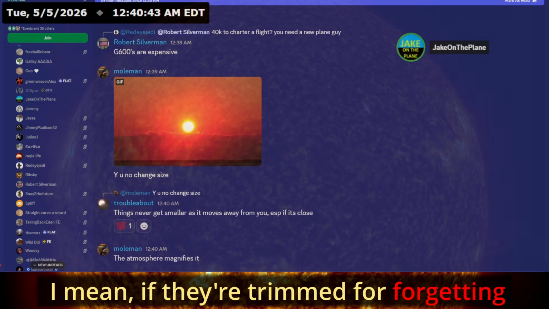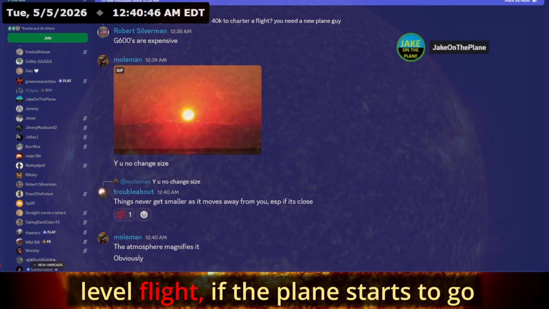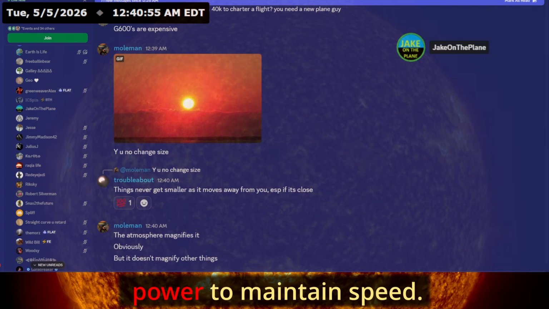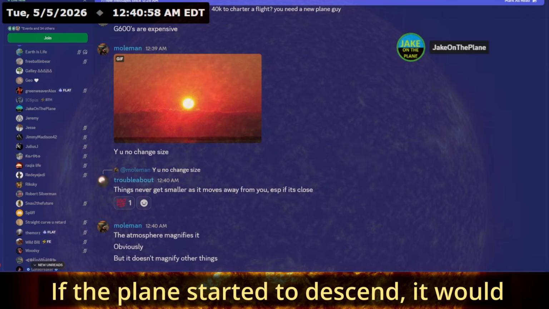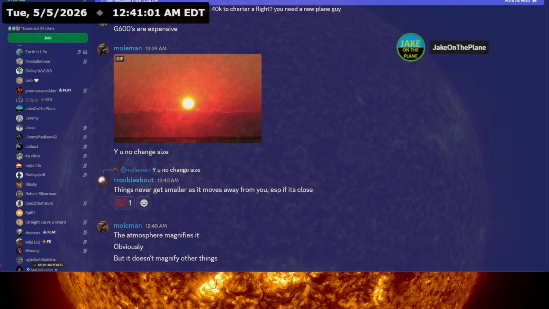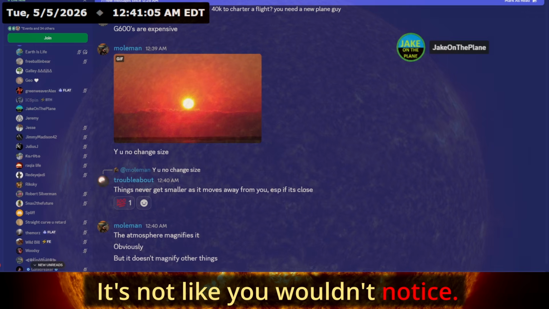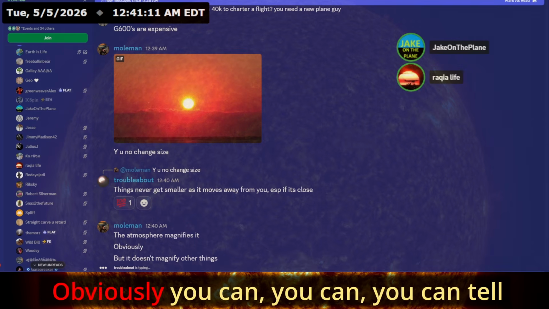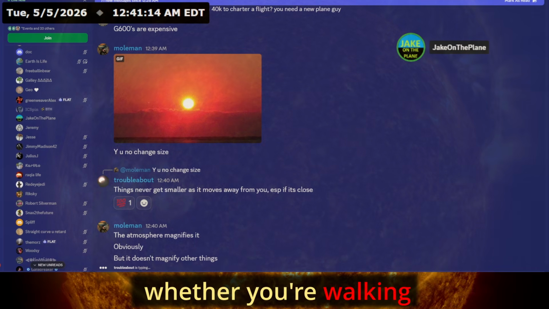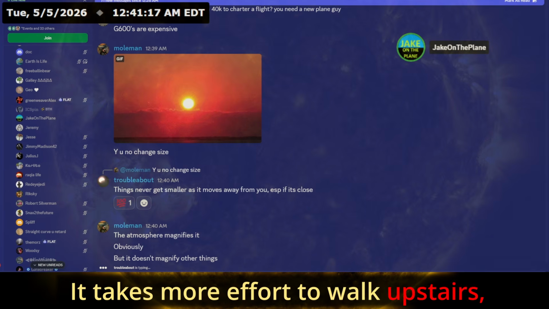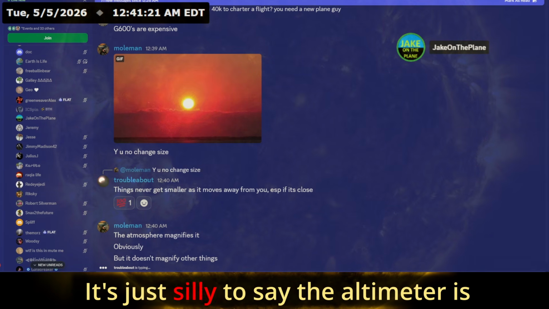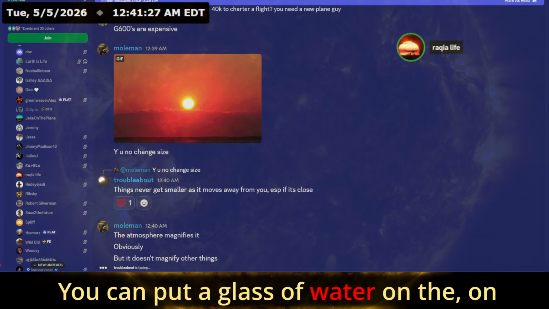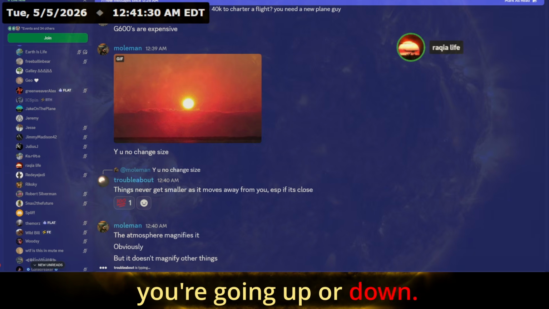I mean, forgetting about the altimeter, if they were trimmed for level flight and the plane starts to go out of trim and starts climbing, then the plane would start slowing down. You'd have to add power to maintain speed. If the plane started to descend, it would start accelerating, increasing in speed, and you'd have to pull back power. It's not like you wouldn't notice, even on board, whether you're ascending or descending. That's just ridiculous. Obviously, you can tell by your body whether you're walking upstairs or downstairs, right? It takes more effort to walk upstairs, less effort to go downstairs. It's just silly to say the altimeter is the only way the plane could determine whether it's climbing or not. Yeah, you can put a glass of water on the dash and know if you're going up or down. But anyway,